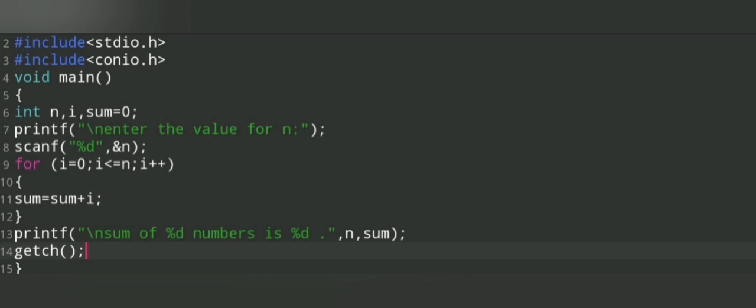This time our block won't be executed because 4 is greater than 3. Here our condition is not getting satisfied. Hence our for loop will be stopped and the program will directly get back to the 13th line. Now the value of sum is 6 and the value stored in variable n is 3. So both these values will be displayed accordingly, and there our program ends.